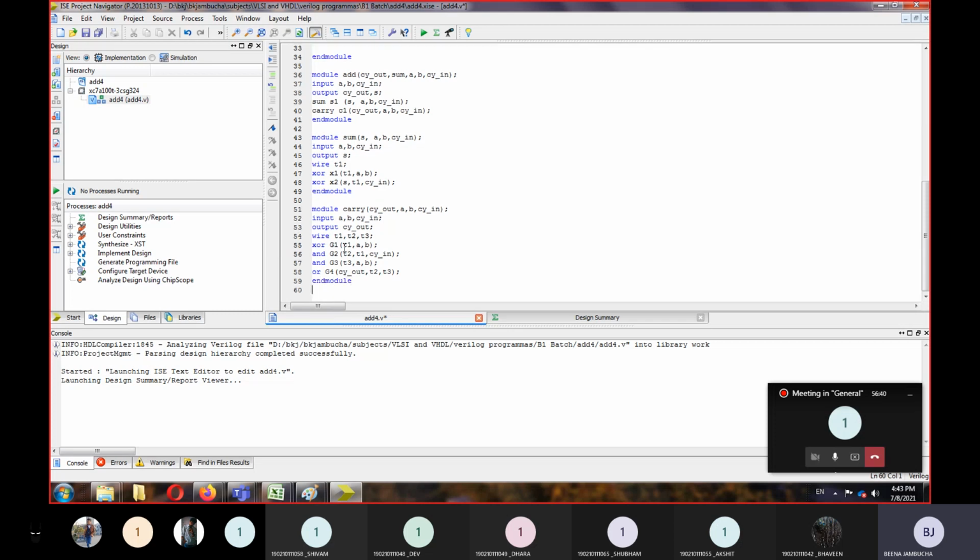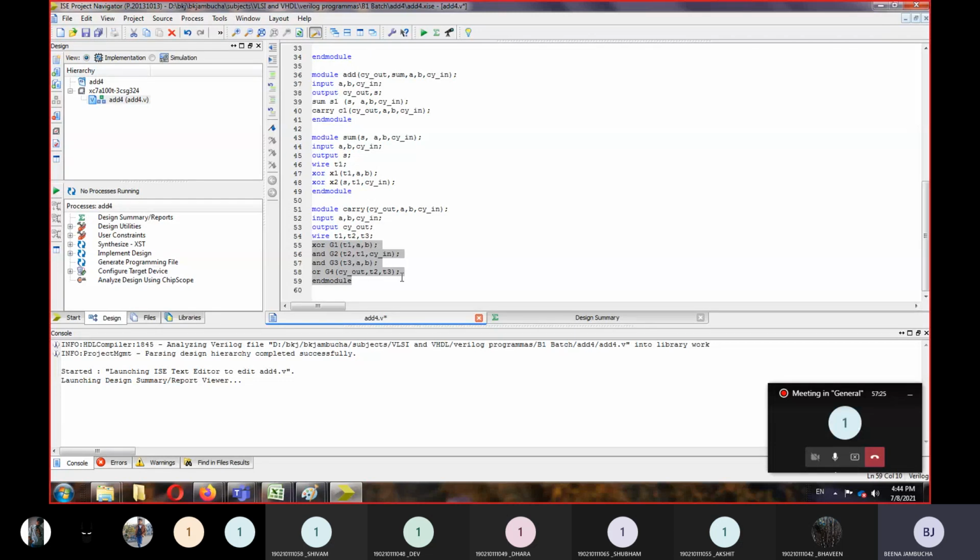Now let's check out the reverse process. Right, now let's check out the reverse process. Then it will be more clear. सबसे पहले हम लोगों ने कैरी मॉड्यूल डिफाइन किया. For example, मान लो हमने ऊपर का कुछ नहीं किया, सबसे पहले हमने एक कैरी मॉड्यूल डिफाइन किया. So to find out carry, how many inputs and outputs are needed? We will need 3 inputs and 1 output, carry out, right? So 3 inputs and 1 output. Obviously we'll need 3 wires, T1, T2 and T3, and this is how the logic of carry goes.